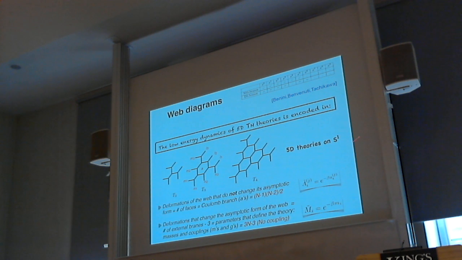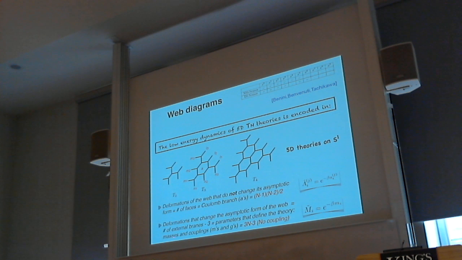The theories are 5D, and they are compactifying on an S1. These little a's are going to be the 4-dimensional Coulomb branch parameters, and the capital A's are going to be the 5-dimensional ones, and beta is the radius of the S1. And then the deformations that change asymptotics, of these external branes